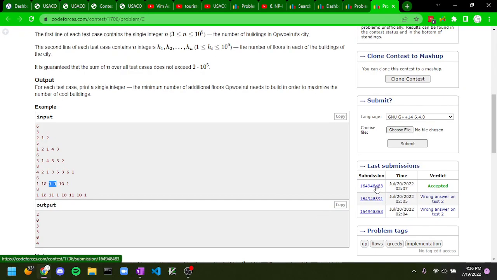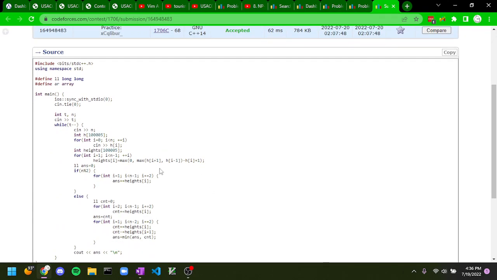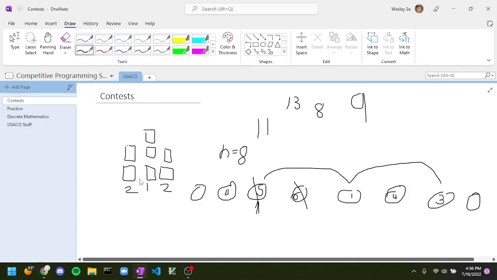And for the code, it's fairly simple. You have to use a long for answer because it can overflow. But other than that, at first you check the heights. So you go from 1 to n minus 1. And then you check each height, like how much you have to add to that element in order to make it tall. So for example, if we're using the 1 2 1 example, or 2 1 2,